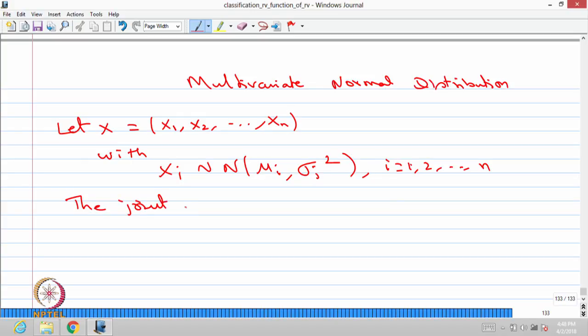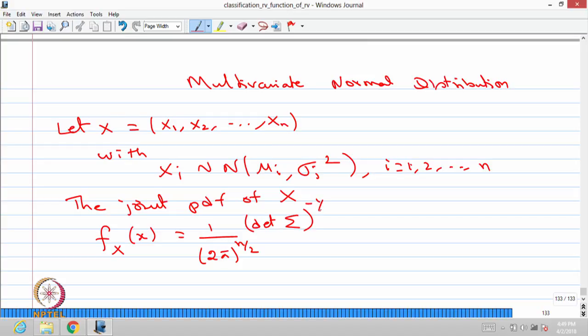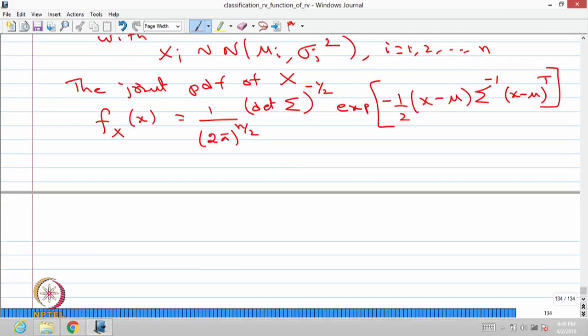The joint probability density function of the random vector capital X whose elements are x1, x2, xn is given by, where x is the vector, 1 divided by (2 pi) power n by 2, multiplied by the determinant of the covariance variance matrix, the whole power minus 1 by 2, multiplied by exponential of minus 1 by 2 times (x minus mu) multiplied by the covariance variance matrix inverse, multiplied by (x minus mu) the whole transpose,